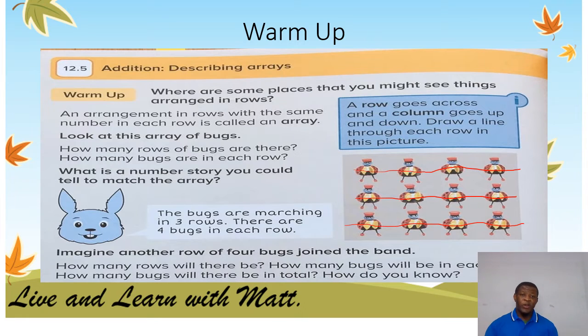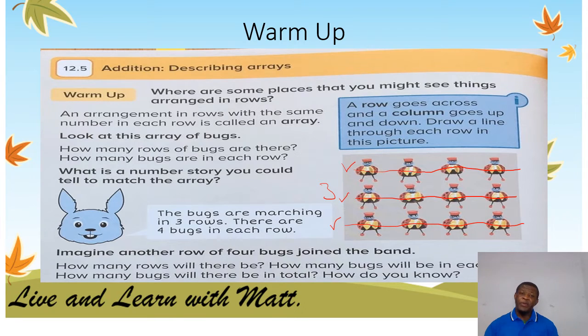How many rows of bugs are there? Let's count how many rows. 1, 2, 3. There are 3 rows. And how many bugs in each row? We have 1, 2, 3, 4. There are 4 bugs in each row. So therefore,